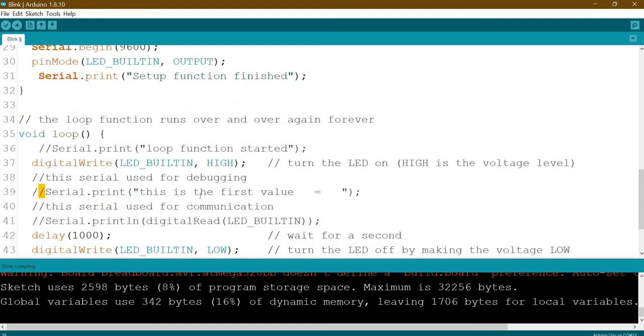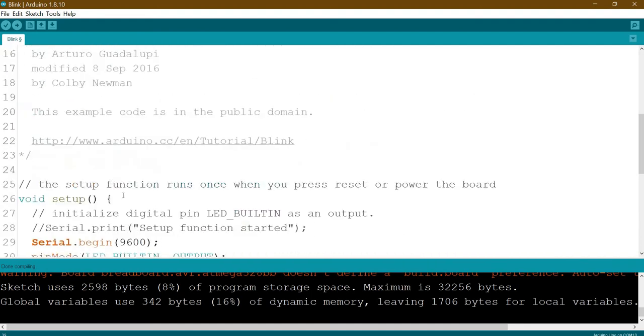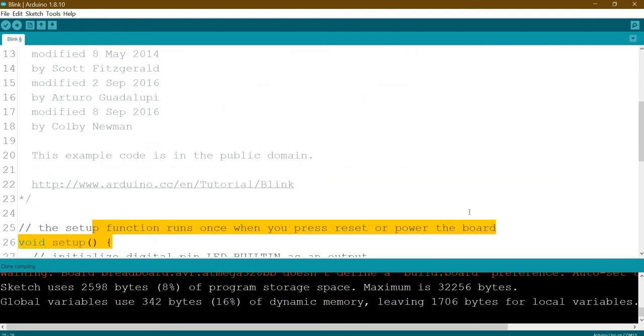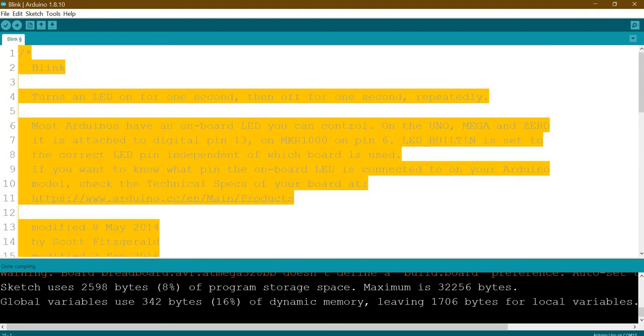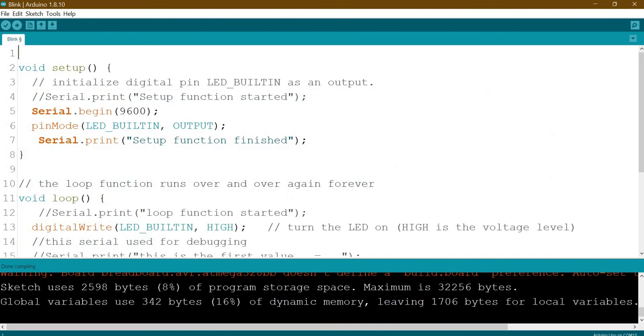Okay, so the idea is, let's take out the setup function here, we don't need it. Let's delete all this. Okay, the idea is we use something called text substitution. Text substitution, I believe most of you know or have heard about it. So we will use here,